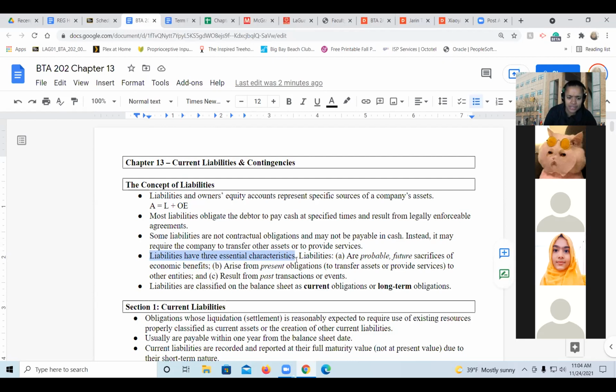There are probable future sacrifices of economic benefits. So it's probable that you will have to pay out something in the future, or you will have to give an asset to someone, or you will have to render a service. And that's because you have a present obligation, right? Right now, you have an obligation, meaning you owe something to someone, and that obligation resulted from a past event